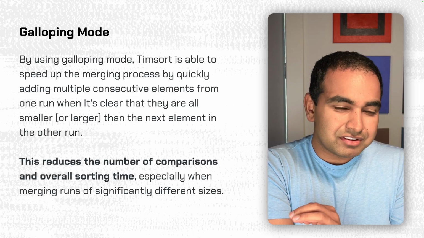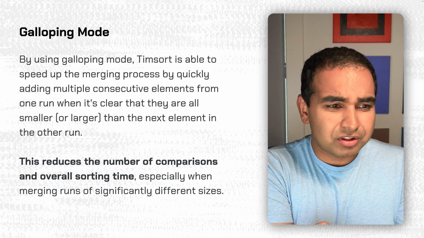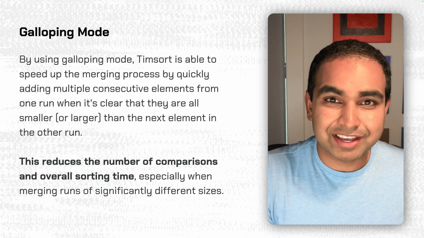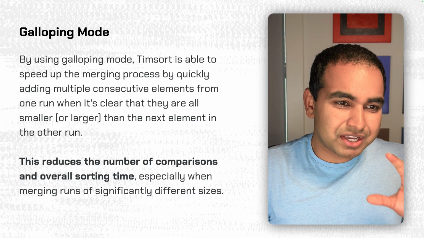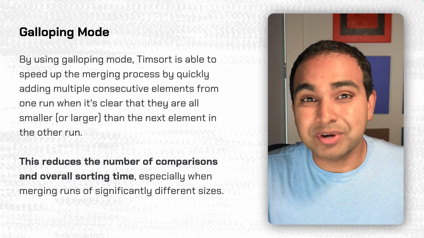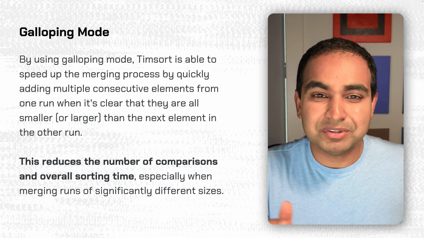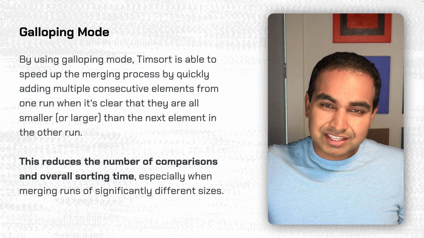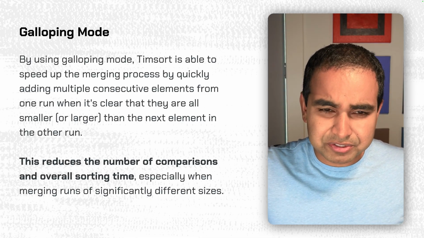multiple consecutive elements from one run when it's clear that they're all smaller or larger than the next element in the other run. And notice that because we run insertion sort earlier, all the items in the run are already sorted. So you can be confident to know that if the starting number is less, and the last number is much larger than what I'm trying to do,